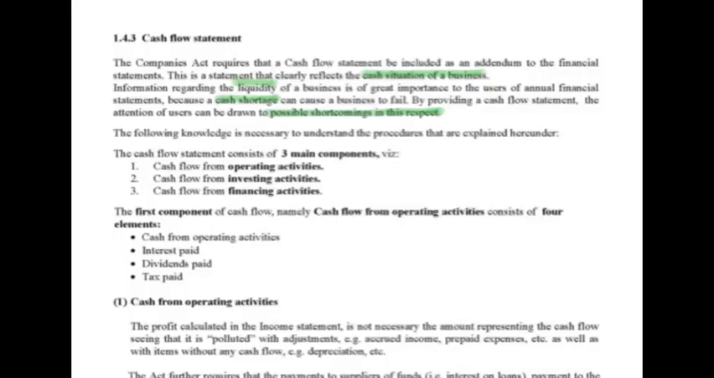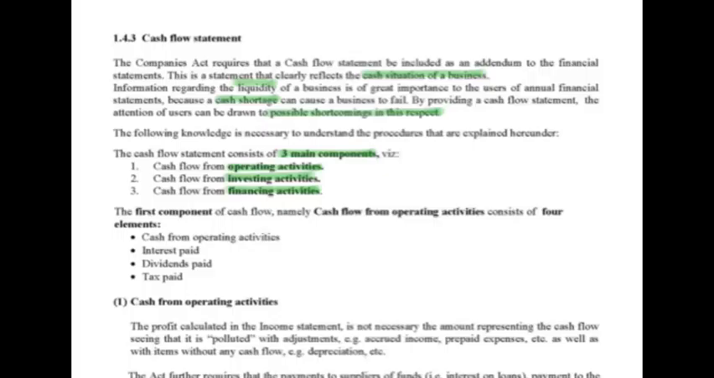The cash flow statement consists of three main components. In other words, firstly, it looks at cash flow from operating activities. Secondly, cash flow from investing activities. And thirdly, cash flow from financing activities. So it basically sums up everything that happens in a business into these three categories: operating, investing, and financing. So everything that we spend money on, or everything that we received money for, needs to be categorized according to